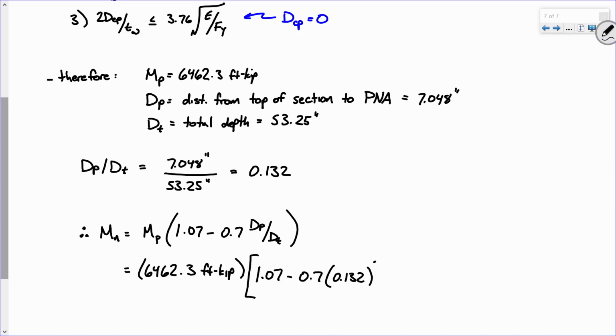See? Now we've already got that number computed. Plug and chug, and you get 63.93